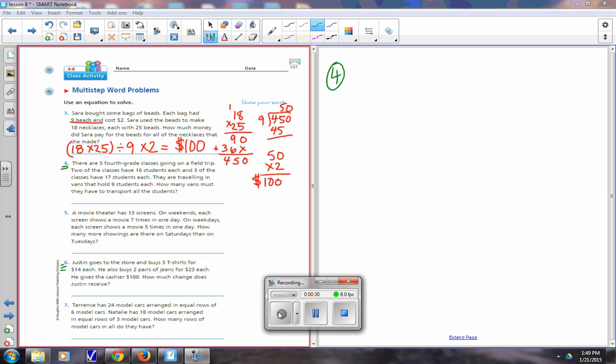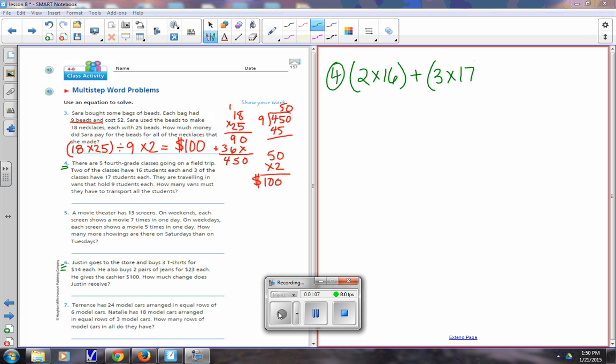So there are 5 fourth grade classes going on a field trip. 2 classes have 16 students each. 3 of the classes have 17 students each. They are traveling in vans that hold 9 students each. How many vans must they have to transport all the students? So first things first, we need to know how many students there are. So if we have 2 classes at 16 students each, and we need to add that to the 3 classes at 17 students each,